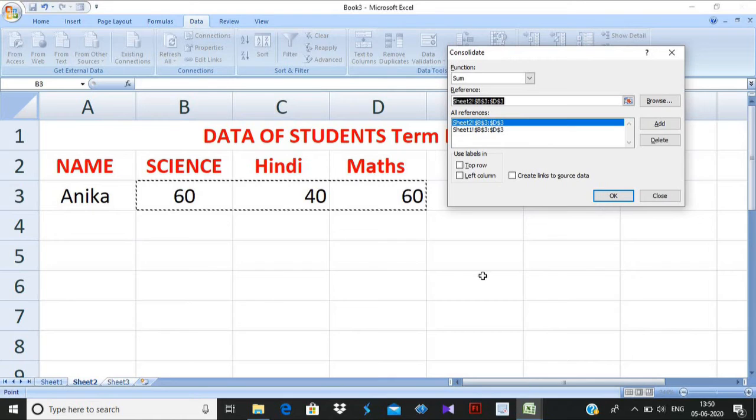Here we have only 2 sheets, and in the third sheet we need the sum of these. Then click on the OK button. It will automatically move to sheet number 3 and show the sum of the numbers. Suppose the science number is 60 and previously it was 50, so the sum is 110.